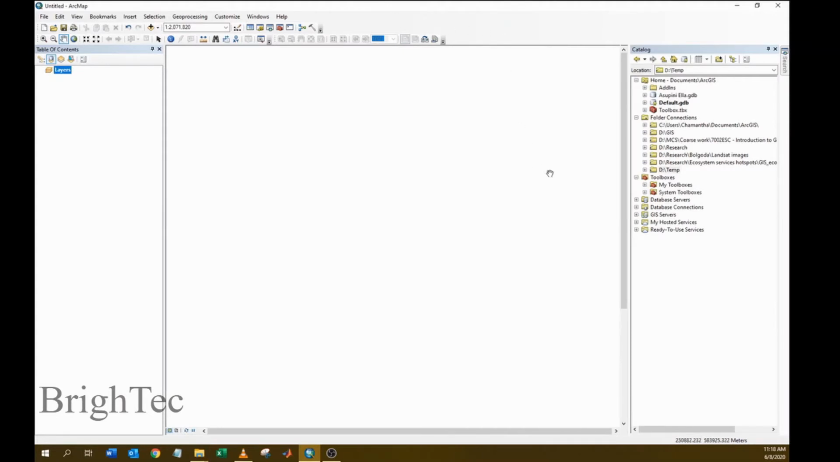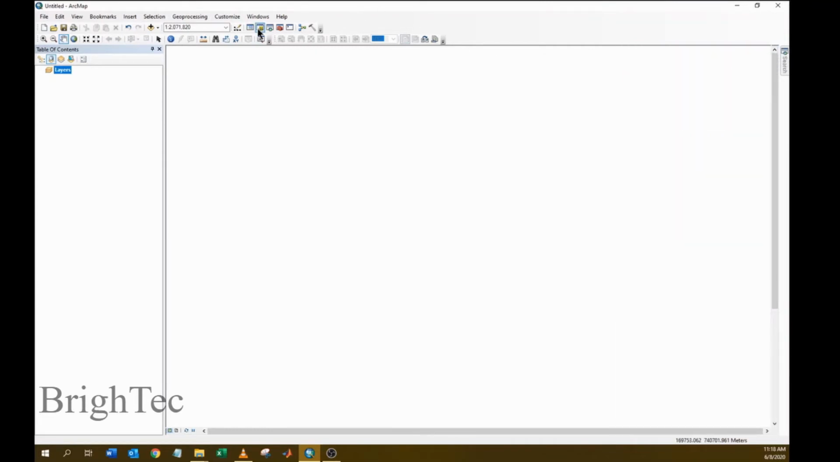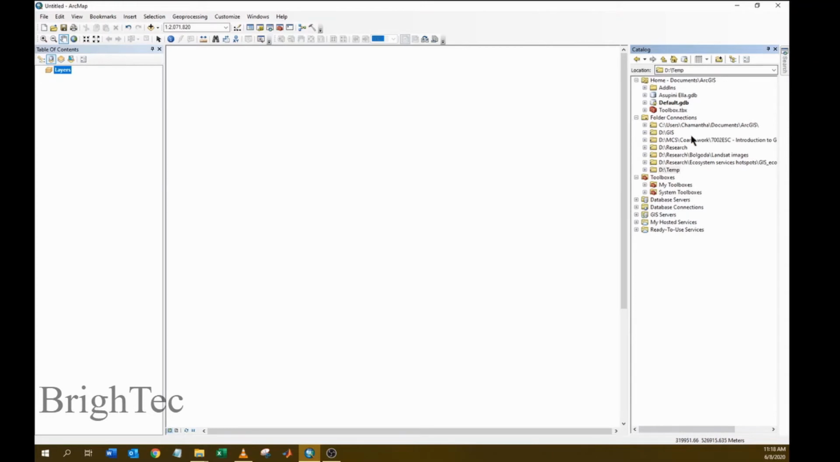In ArcMap, you have to go to Catalog, and if you don't have the Catalog option here, you can either click on this button or you can go to Windows and click on Catalog. In this window, you have to find this icon called Connect to Folder. Click on that,